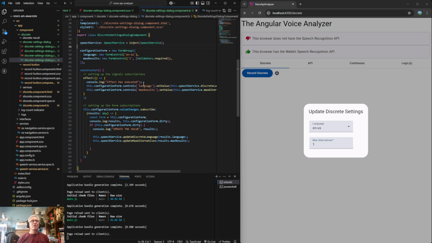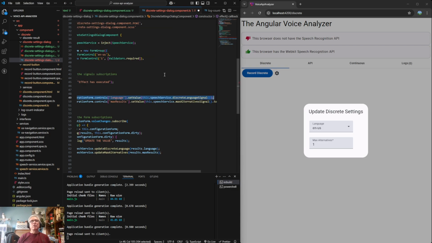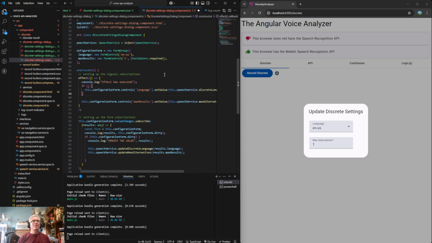So I feel like we should only run this, and I don't know, this is kind of a rabbit hole that I always end up going down. We should only run this if it's different. So if it happens to be the same,